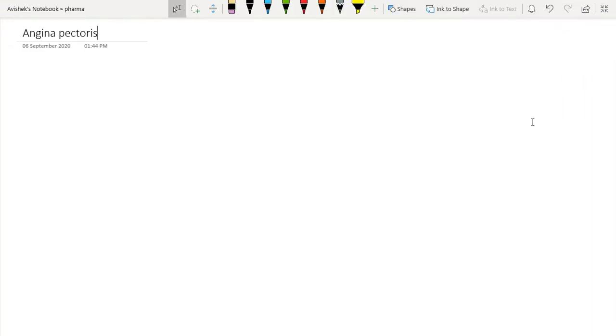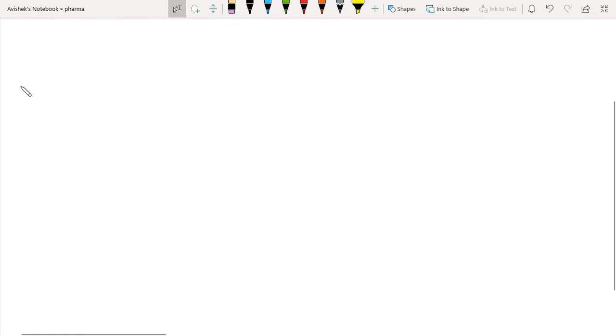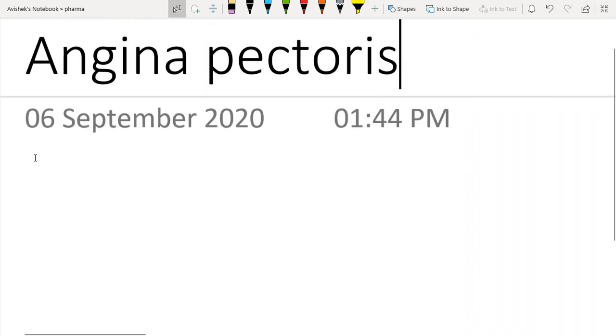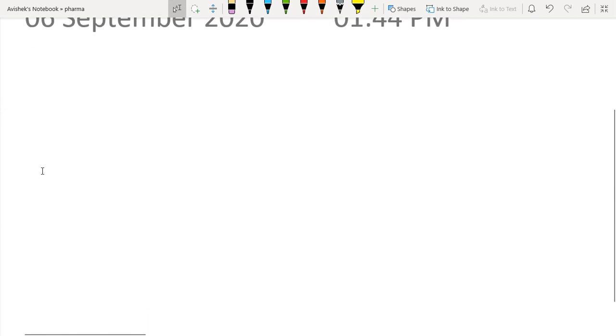Good evening everyone. Today we will discuss angina pectoris. What is angina? It's sharp pain during the morning. When the patient gets up, he gets sharp pain in the chest. So angina,